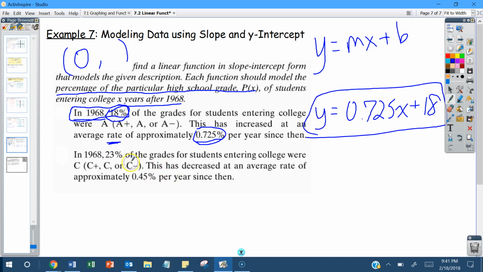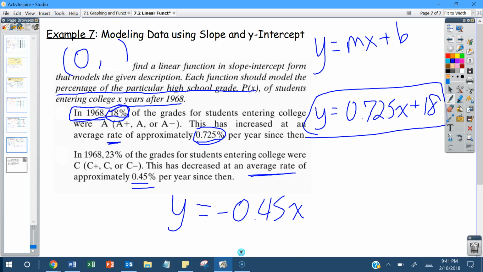Okay, let's look at this next one and see if it works in a similar way. So in 1968, 23% of the grades for students entering college were C, any variation of C. This has decreased at an average rate of approximately 0.45% per year since then. So we already have an average rate here of 0.45%, but this says that it decreased by 0.45%. So why don't we let m in this case equal negative 0.45? So that number attached to the x is now a negative rate, negative 0.45,